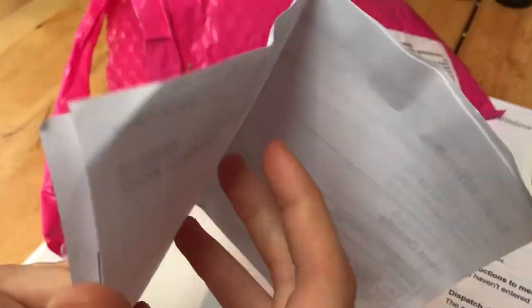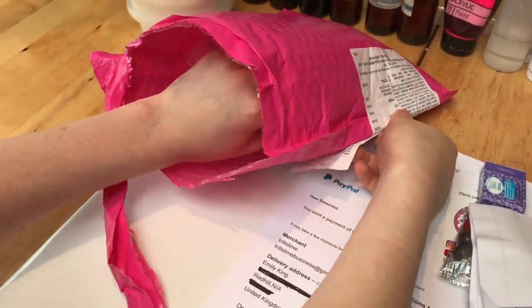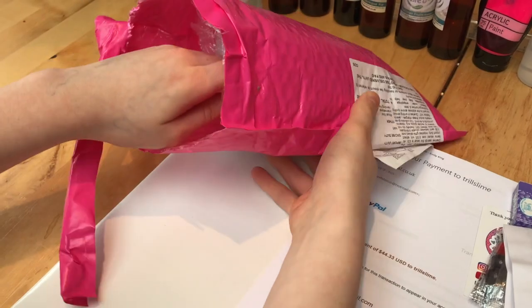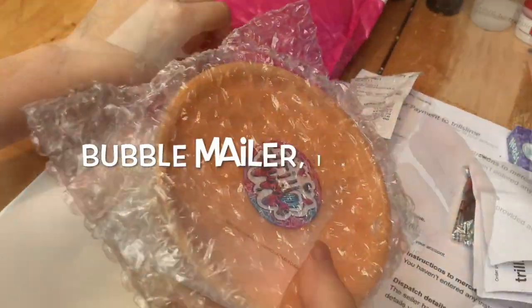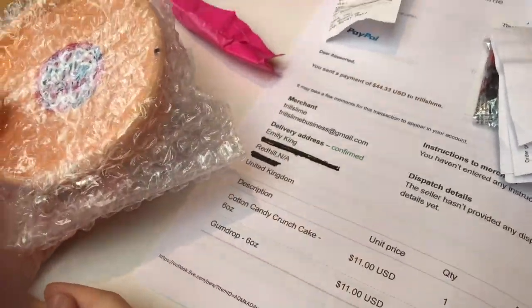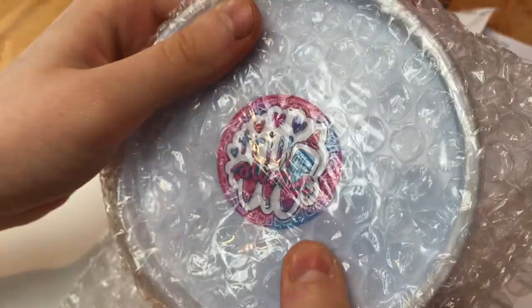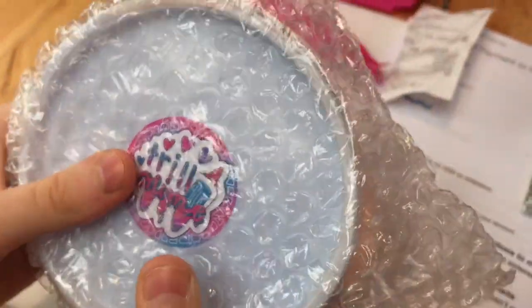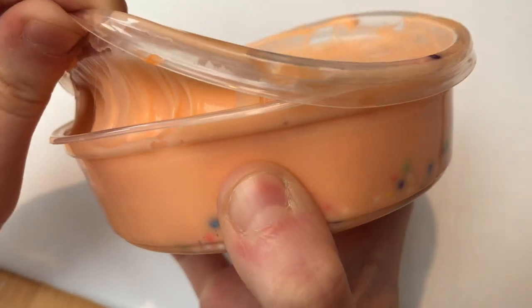So inside there's the invoice for the slimes I ordered, and the slimes are pretty well wrapped. So often I see that slimes that come in bubble wrap leak, but these look pretty good. So we've got, I don't know which one this is. We weren't sure because there's no information on the back of these slimes to say which is which, so we have to guess. So the first one Ev opens is